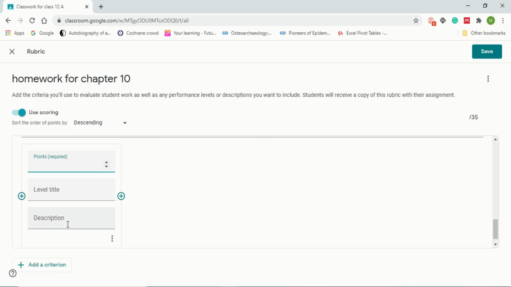Now this will be given 80 points. Now this is the criteria you have done. After that, just save this. And you will see the rubric criteria has been set for your assignment. It will take a few seconds to set everything. Then I will show you how you can see your criteria for the assignment in homework for chapter 10 in biology.